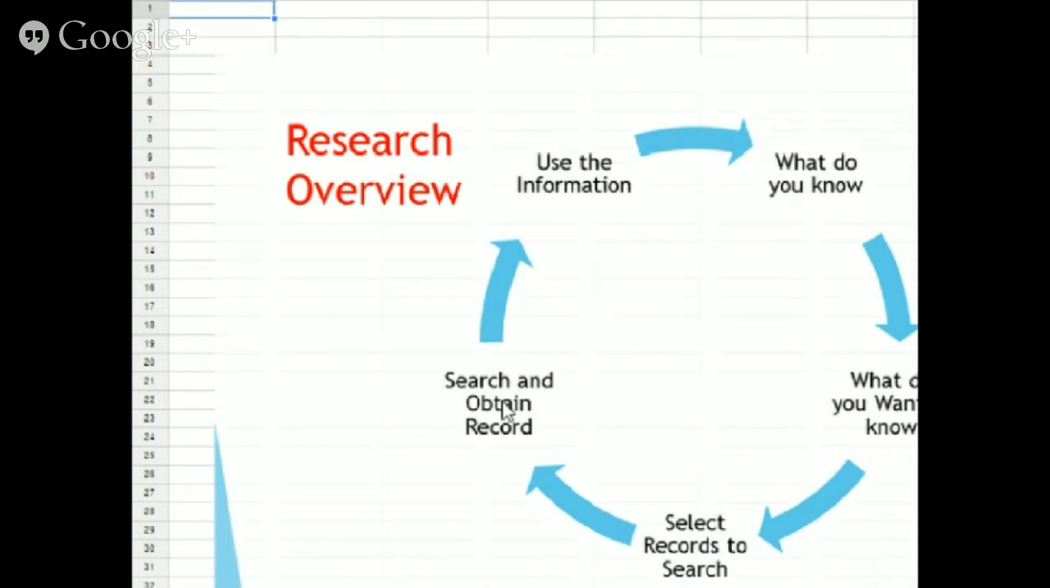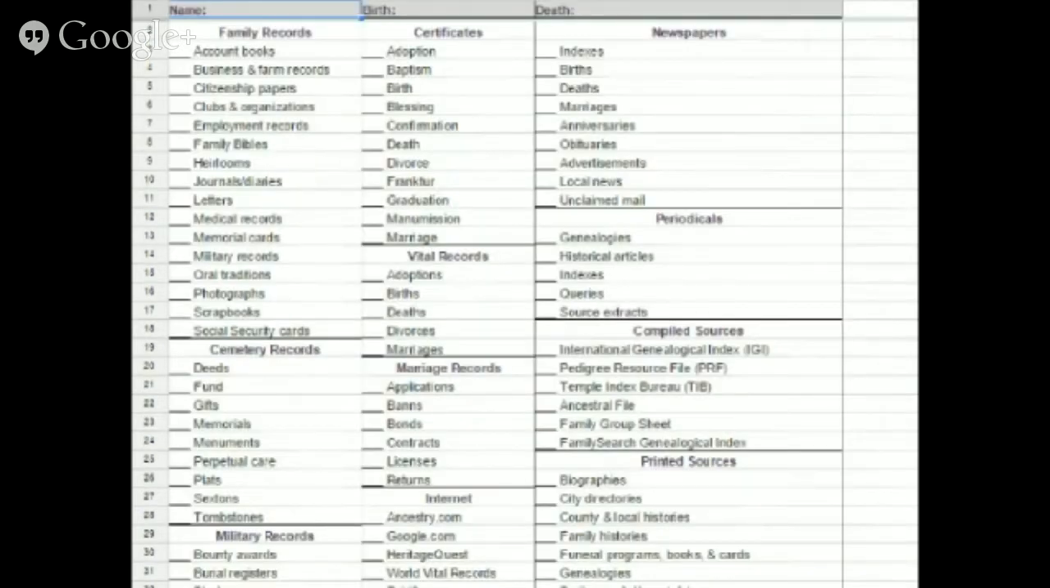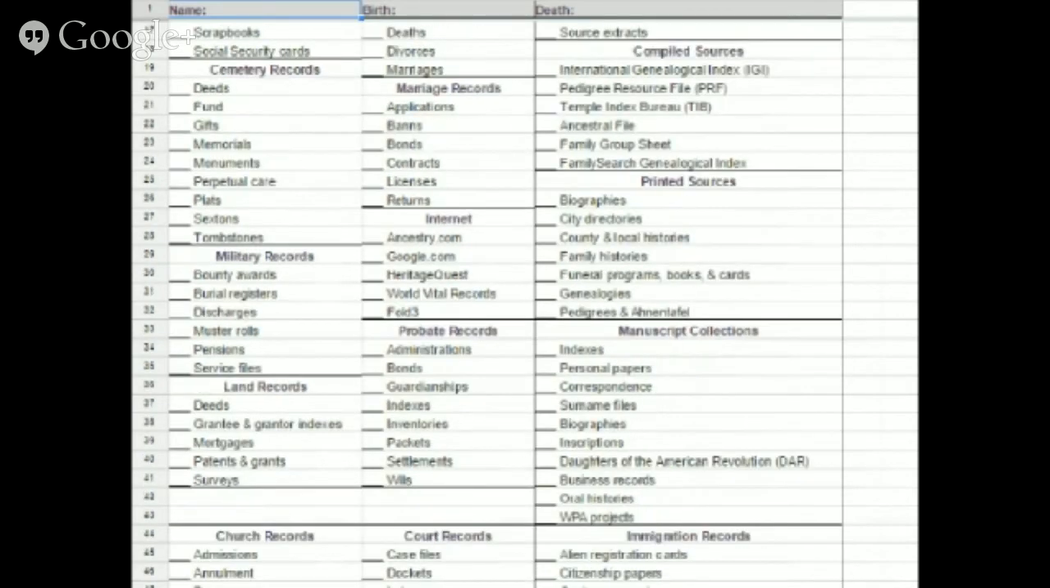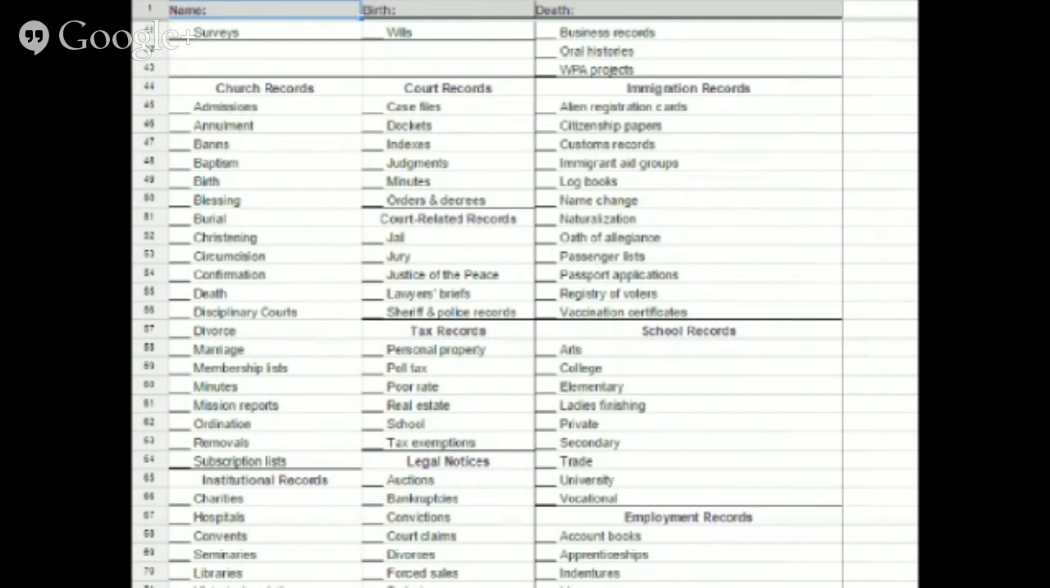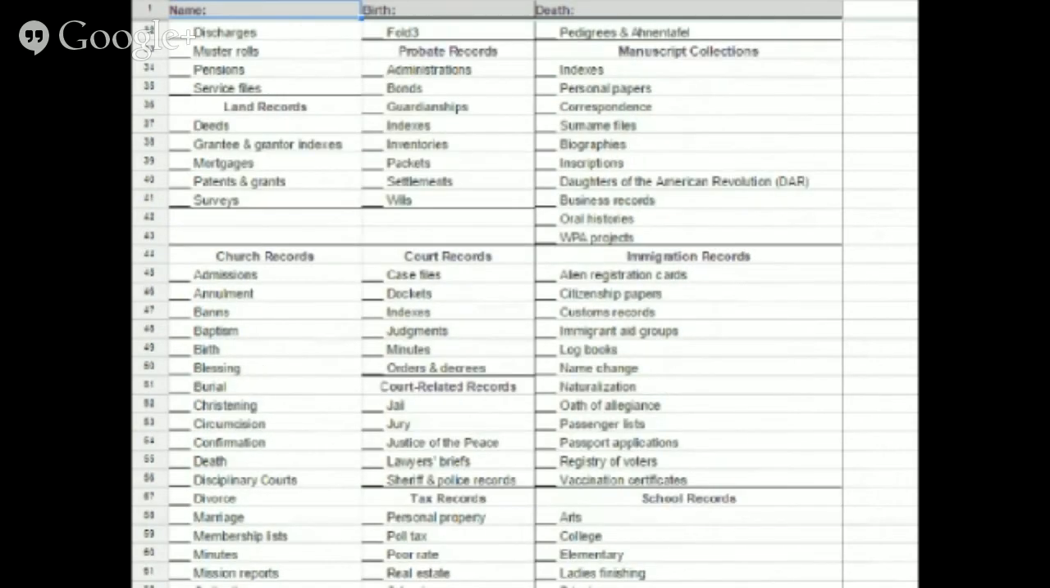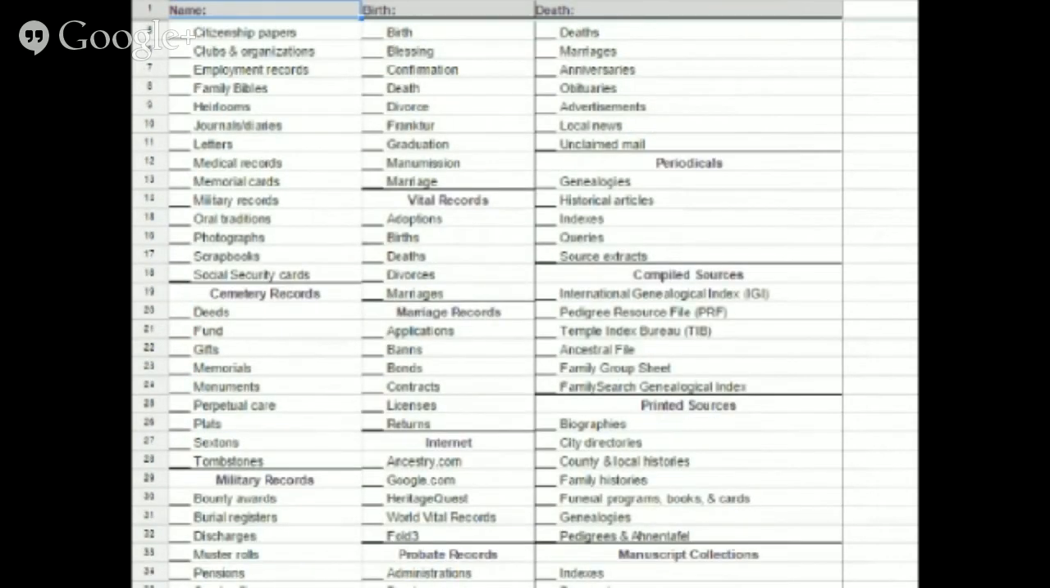And then you go to that record and capture the data that you want, and you go around in a circle. Now, the next tab after the record links is the person checklist. This one is a little bit different in that I have collected what kind of records you might find for a person. So this is more for